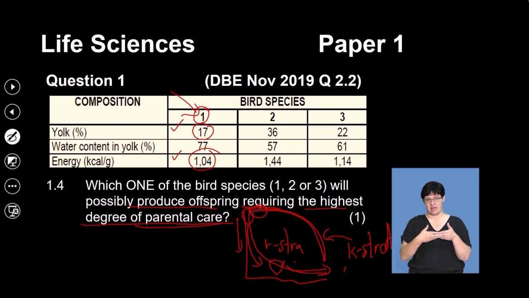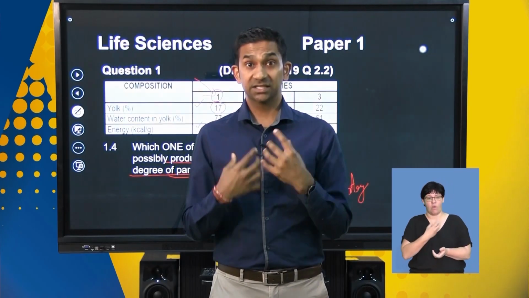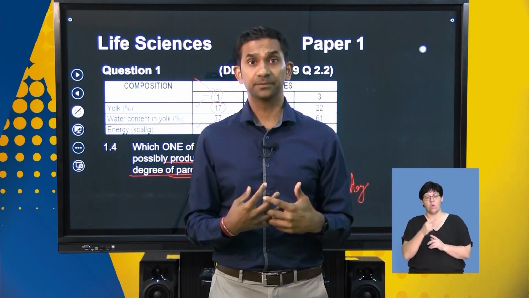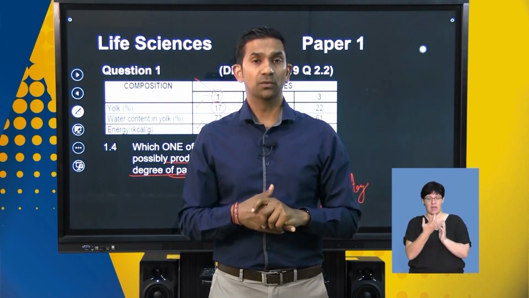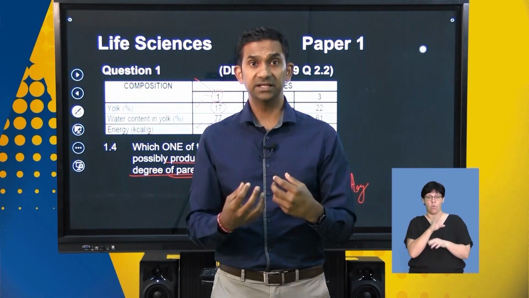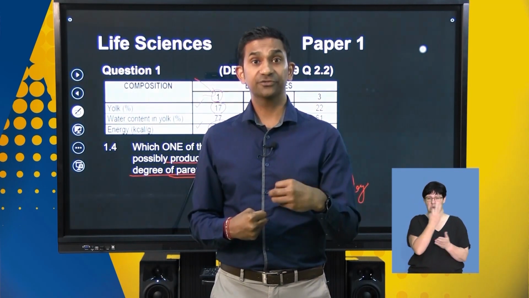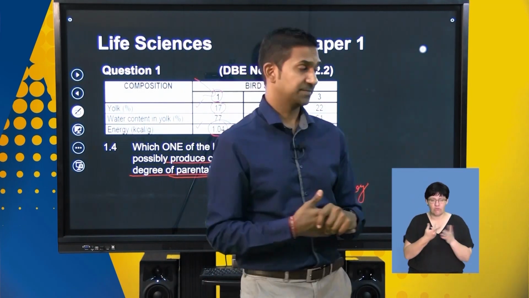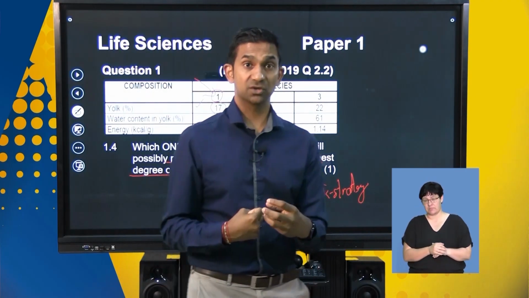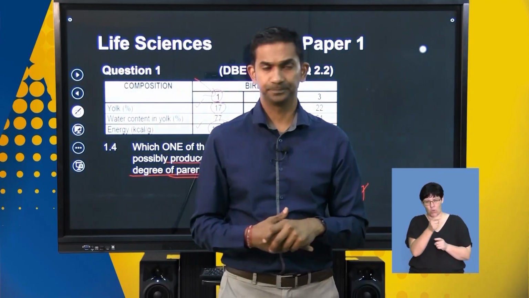The parents bring in food, they sit over the young and keep them warm until the down feathers start developing, and gradually they grow feathers and wings, and their muscles grow because of the food that they eat. That takes a good 2 to 3 weeks and requires a lot of nurturing and care from the parents. So these birds often produce fewer eggs because of the high degree of parental care. Okay,